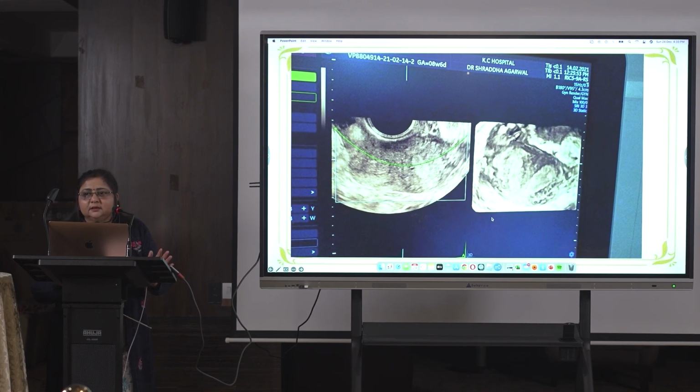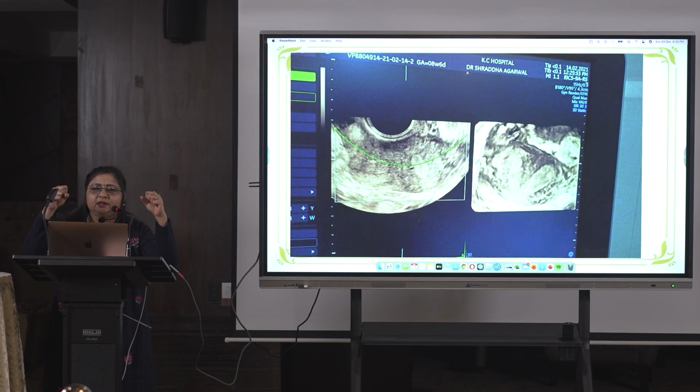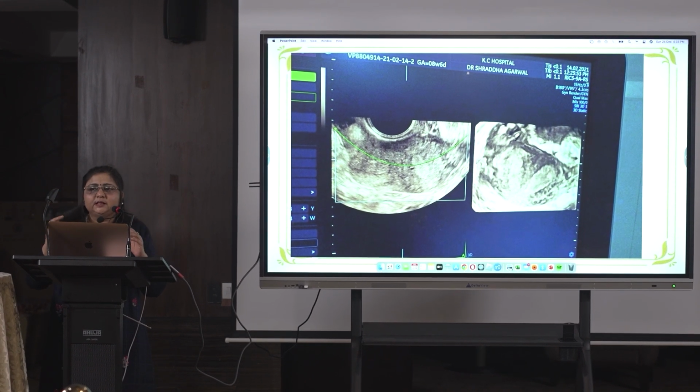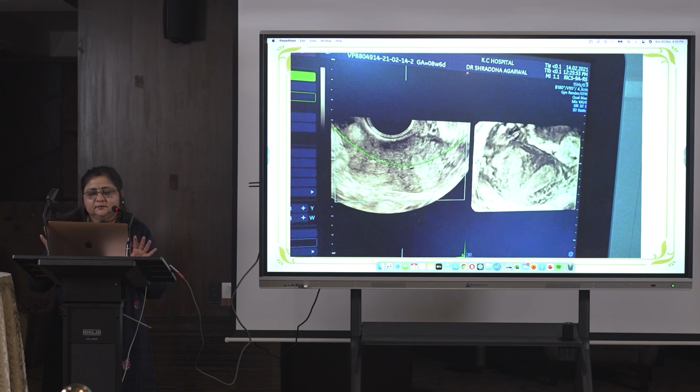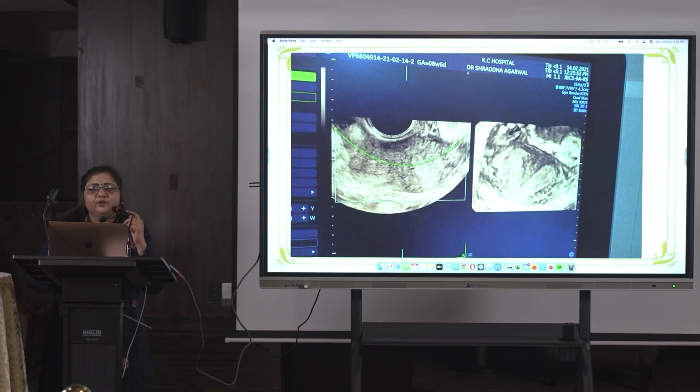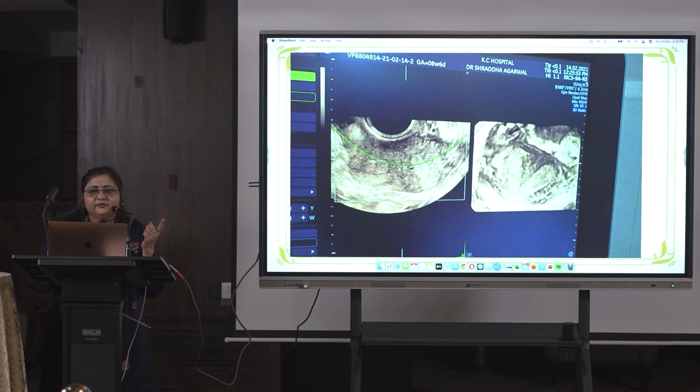Satisfied? If I have only a 2D scan, what do I make as a diagnosis? If you are seeing two endometrial cavities on a 2D scan, what is the next step? You don't have a 3D scan. What you can do is send the patient for a 3D ultrasound. That is non-invasive, and the patient will not have any pain. But for my diagnosis, what should the provisional diagnosis be? Query septate uterus. That is the safest one because that is the most common.